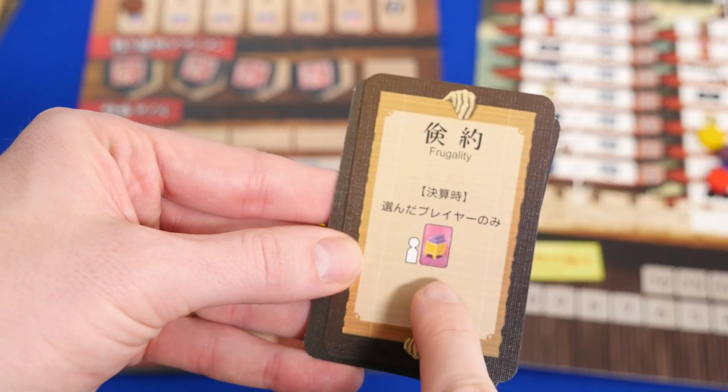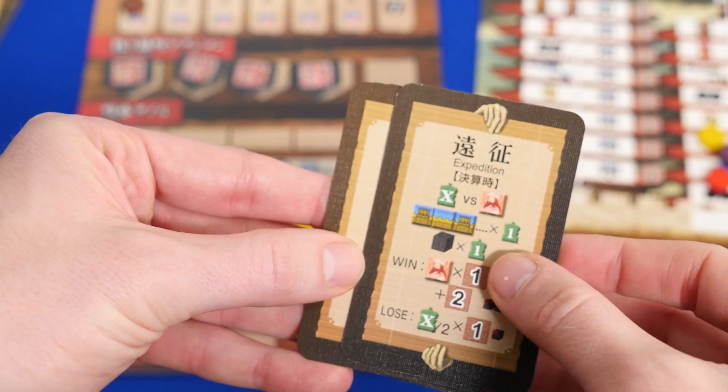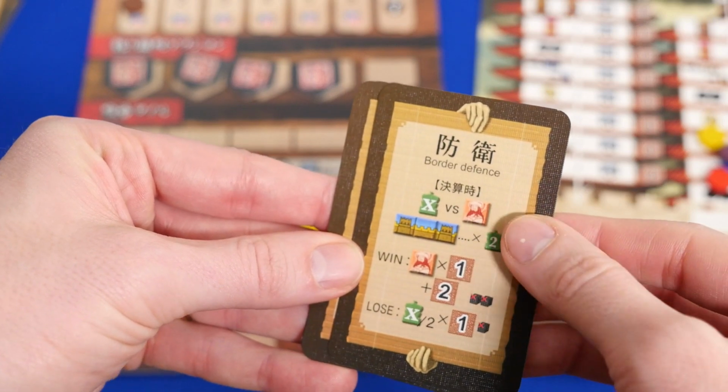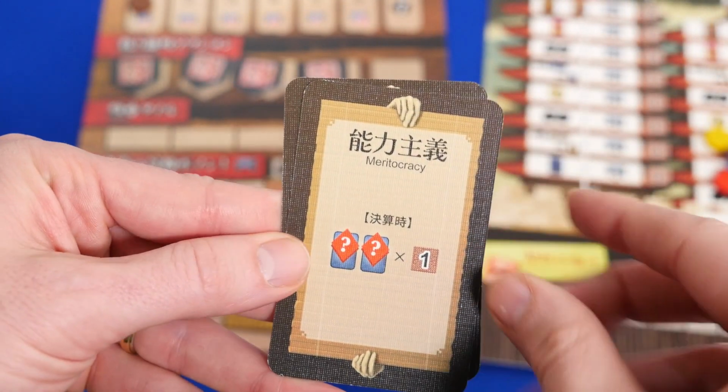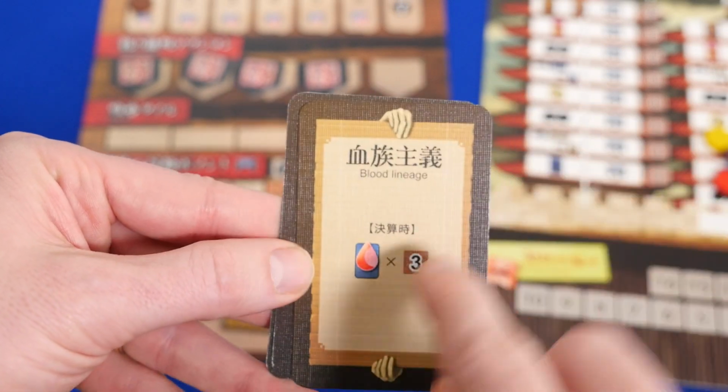The other side just gives the 1 player a tribute card. This one will give you lots of points if you can defeat the barbarians. The barbarian strength increases as pink tiles are pulled from the bag. This one gives you points based on the character cards you have, and the other side you'll count the lineage